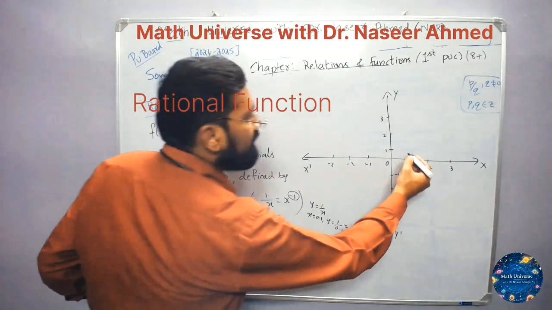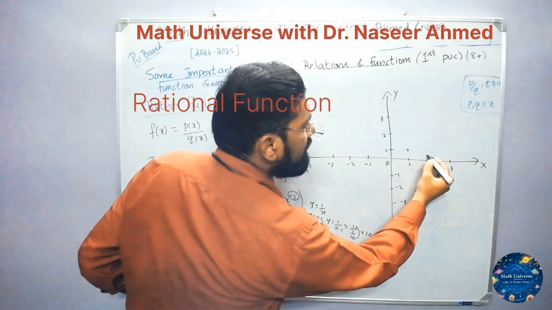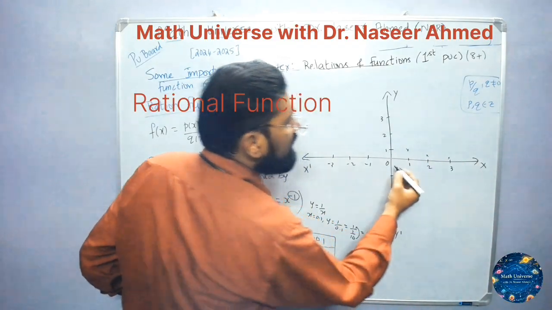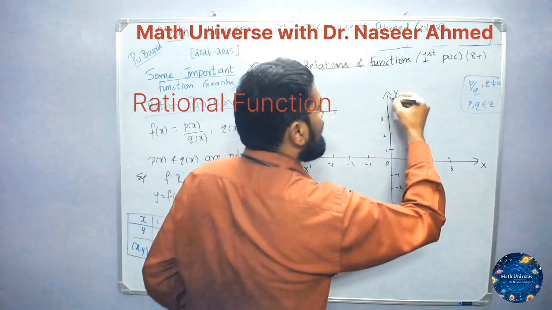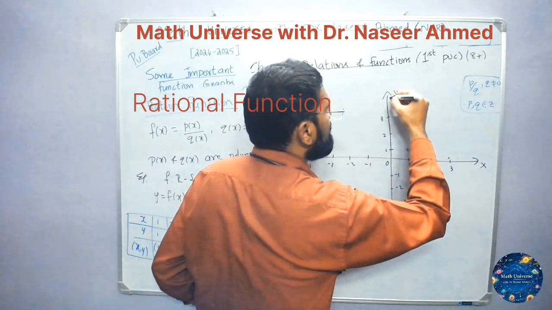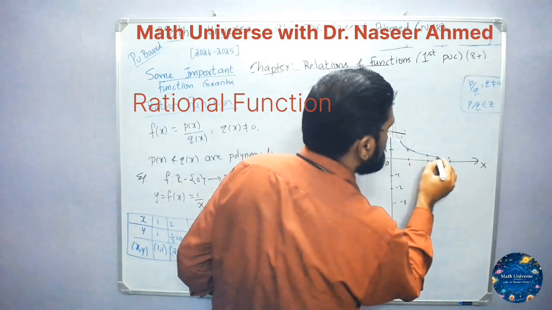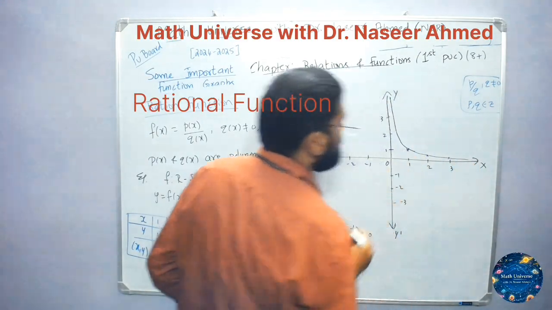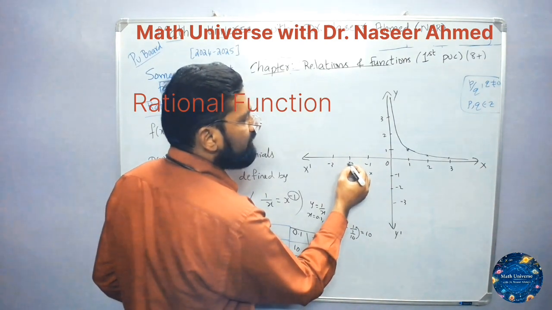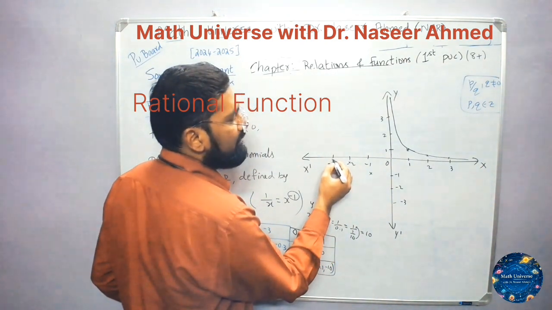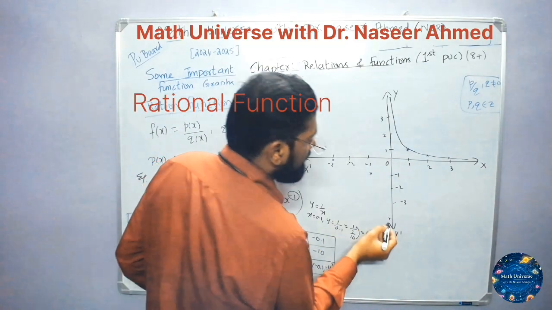1 comma 1 here. Then 2 comma 0.5. Yes, 0.5 somewhere here. So it will be this. 3 comma 0.3 will be here, and 0.1 somewhere here, it is somewhere on the top, 10. So if I join the graph here, it will be like going like this. This is one. Similarly, minus 1 comma minus 1, then minus 2 comma minus 0.5, then minus 3 comma, then here, then for minus 0.1 it will be somewhere here. So again, if I join the graph,